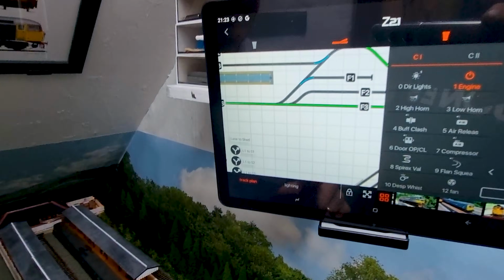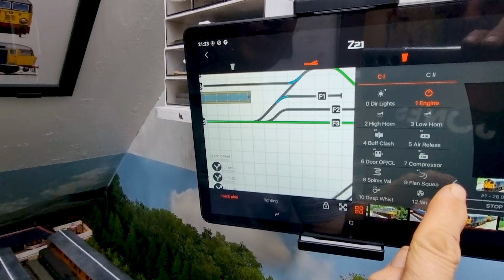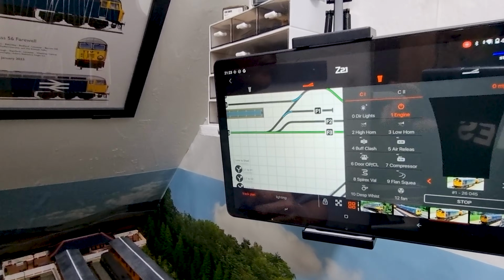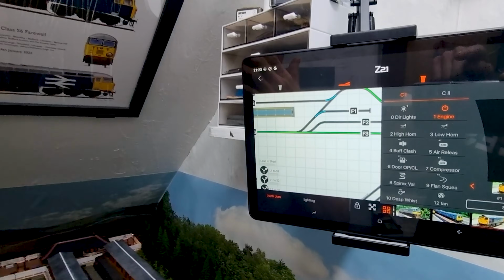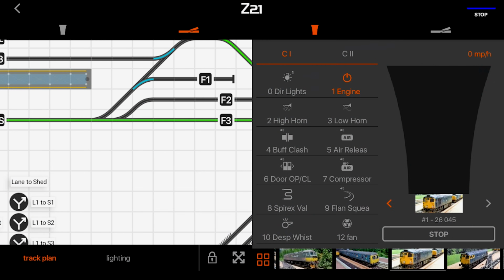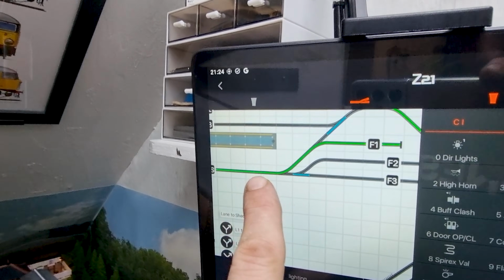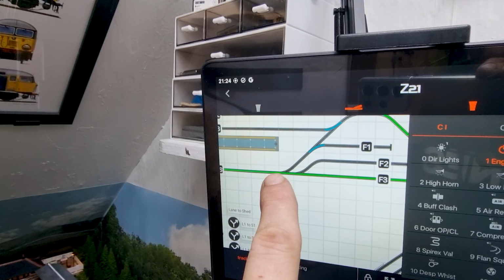And now I'm going to actually drive the loco, so the arrow's pointing to the left, which is what direction I want it to go in. And as you can see, it's now giving you a green line, which tells you that that line is now the path. You've got the path. Before, if you notice, when this hasn't been switched, it breaks that line. So the current path is taking you up here, which will be onto where the observation coach is. So as soon as you make a change, it automatically shows you that you've now got a